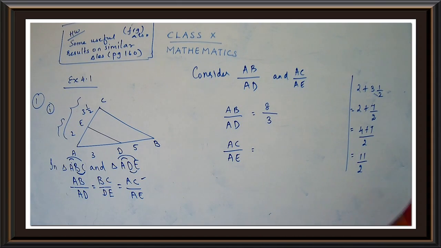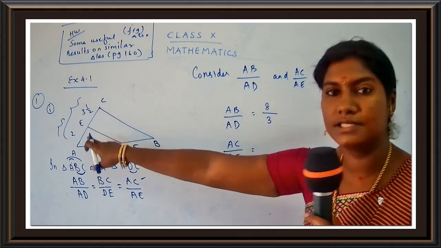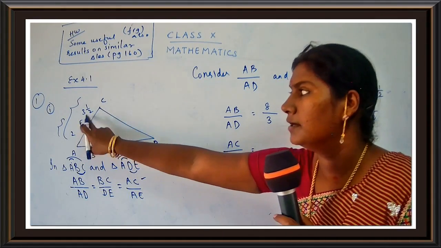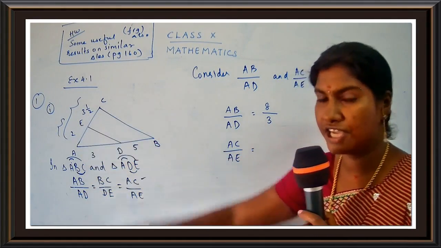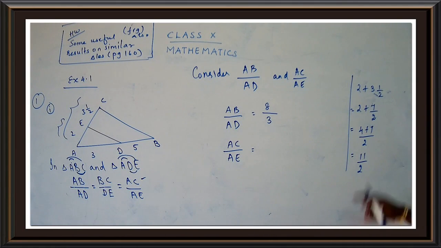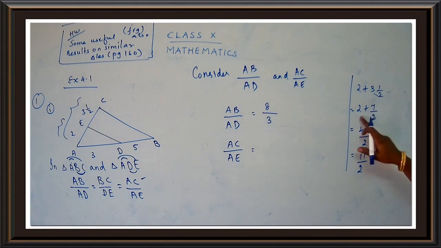You have to show this working, because they have not given you the answers exactly, and I cannot add 2 plus 3 because one is in fraction. So we are going to change it into an improper fraction. So I get 2 plus 3, 1 by 2. 2 plus 3 into 2, 6, 6 plus 1, 7 by 2. 2 2s are 4 plus 7 by 2. So the answer is 11 by 2.